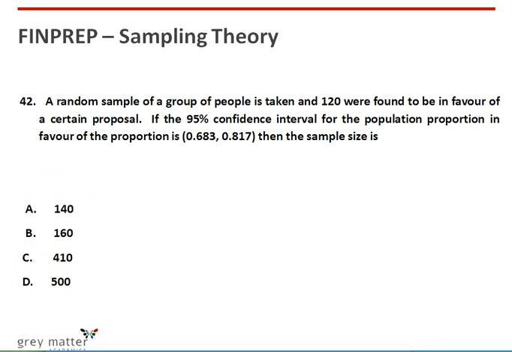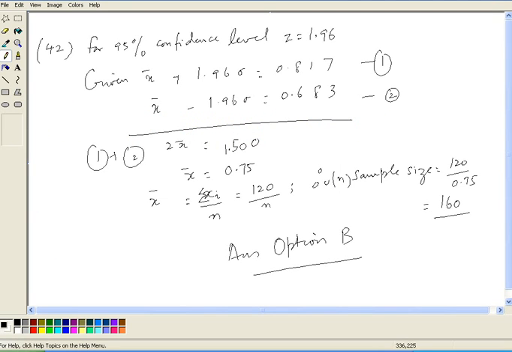42nd problem, it goes like this. A random sample of a group of people is taken and 120 were found to be in favor of a certain proposal. If the 95% confidence interval for the population proportion in favor of the proposal is 0.683, 0.817, then the sample size needs to be computed. For 95% confidence level, Z is equal to 1.96. Given that x bar plus 1.96 sigma is equal to 0.817, and x bar minus 1.96 sigma equal to 0.683. Adding both the equations, we get 2 x bar, that is the mean of the sample, equal to